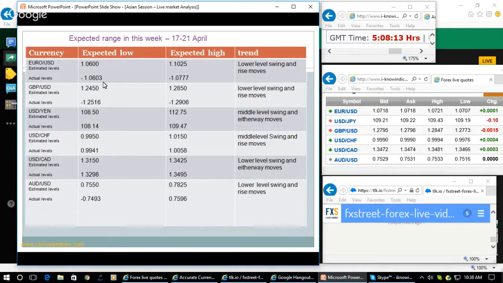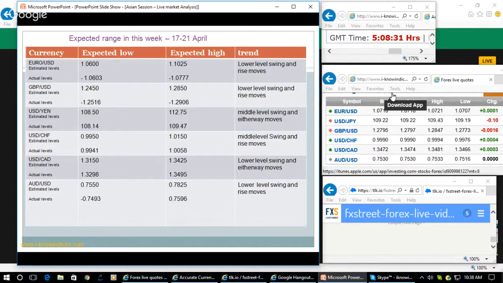Euro formed the low 1.0603 on the Monday. Then subsequently they did not breach it and went up to 1.0777, and then they are holding around 1.071. So when they come down to the low, you can take a buy, and then they are expected to gain some level before making a drop and hit all the stops on the downside during the late European and early US session, and then they will firm up again. Then from Monday onwards, they will make some either way moves. Quick rise, quick drop moves are expected to happen. So you have to be doubly cautious while trading during the trend reversal time.